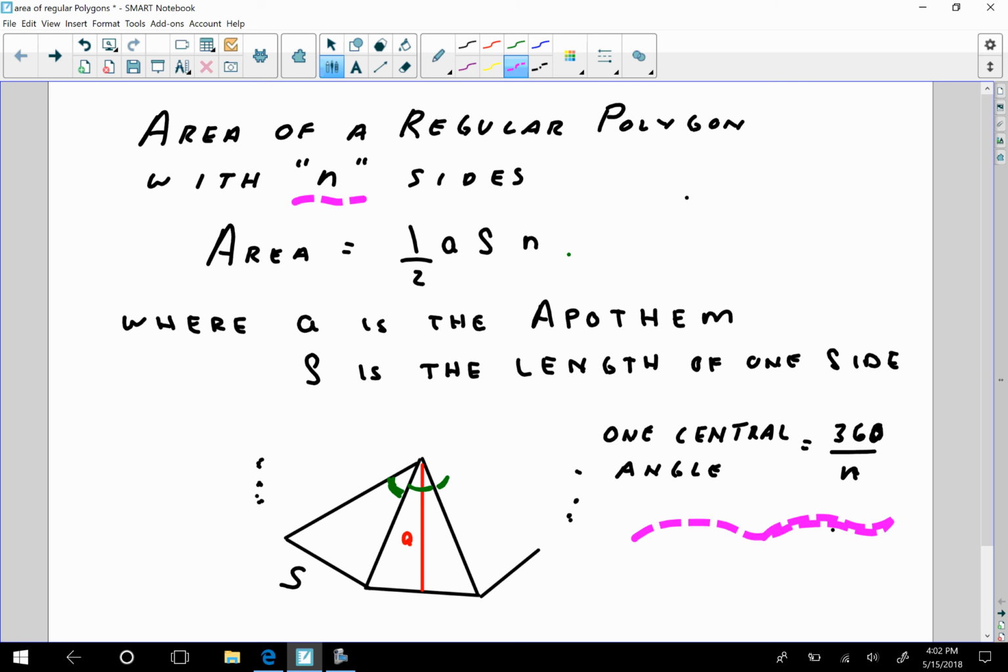So let's go right to a couple examples. Let's review. This is the formula, 1/2 ASN. This is the formula that we're going to use, and we're going to need to find these three variables each time. So example number 1,